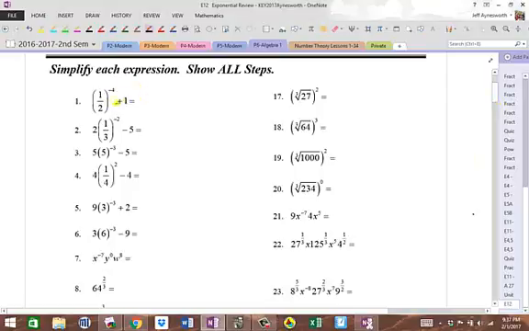1/2 to the negative 4 power plus 1. We're going to interpret this negative exponent as a reciprocal, okay? I taught you to reciprocate your base first and then take it to the power of 4, because this is actually 1/2 to the negative 1 power raised to the 4th power using our power to power rule. So we always reciprocate first. I'm going to write that down. Reciprocate first, okay? Now the reciprocal of 1/2 is 2, and then we take it to the 4th power